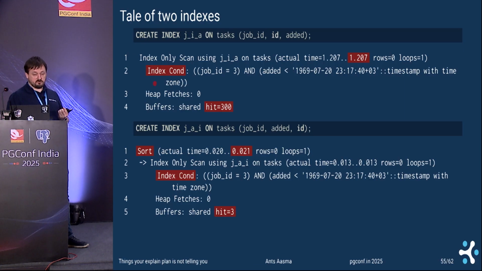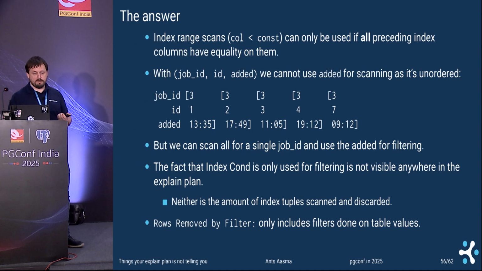And if you look at the index condition, how is the index being used? This information here, it's identical. So why is one so much slower and one is faster? The trick here is that when we are doing index range scans, range scan meaning that we are looking for a range of values, in this case everything below some timestamp,